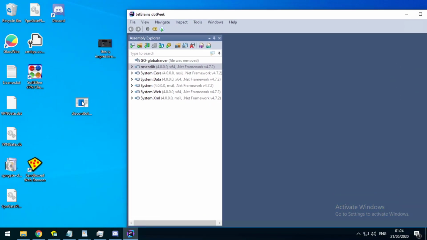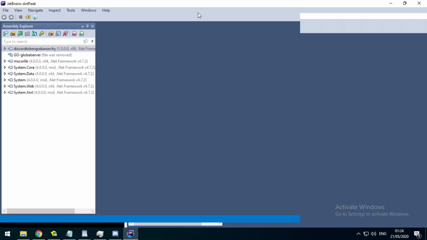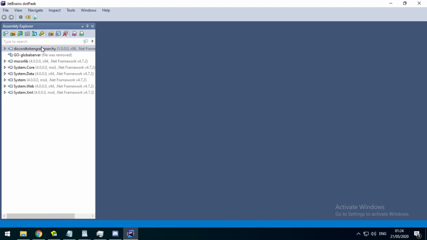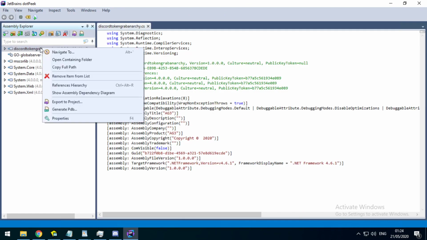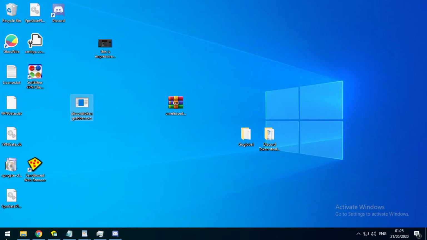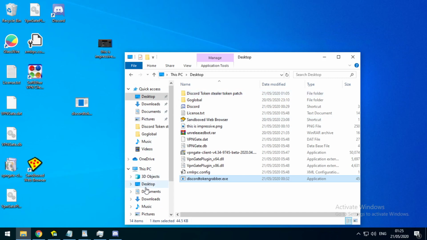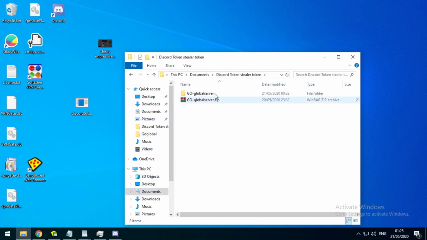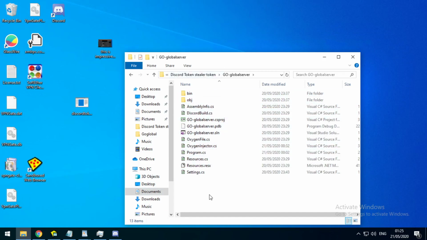We'll put it in again, this one. Then we right click on it and export to project. Once we do that, we get the source code. As you can see, that's the full source code for the program.